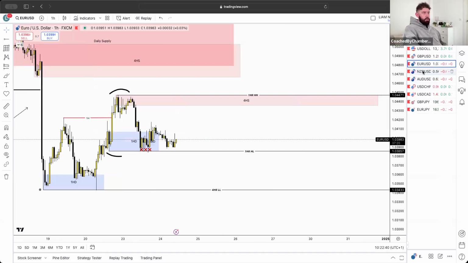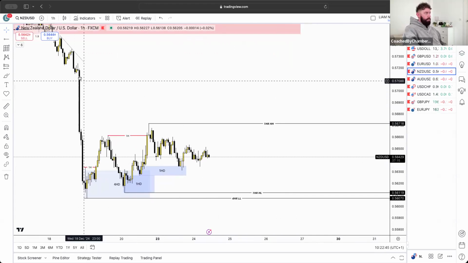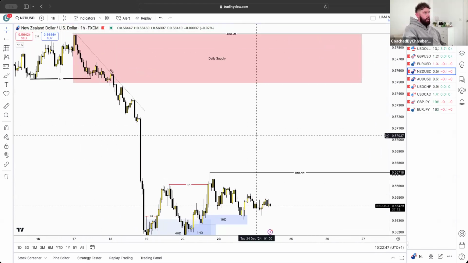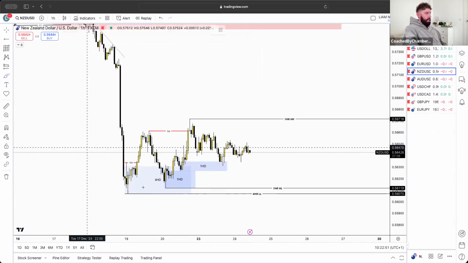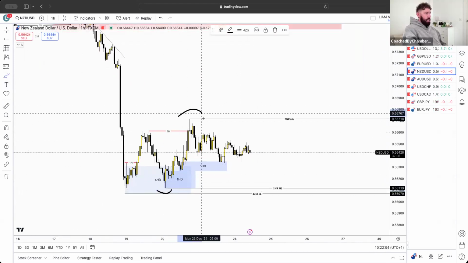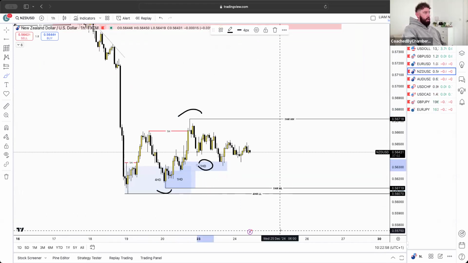Let's see what else we have got. NU is pretty similar. We want to rebalance this market. We've got a little trend line liquidity here, so I'd like to see us come up into the further parts. And obviously the 1 hour right now, we have from this low to this high, and we are currently reacting out of this 1 hour demand area.